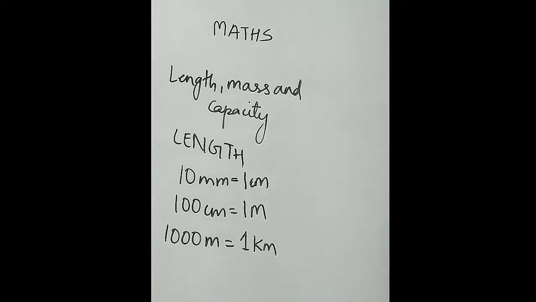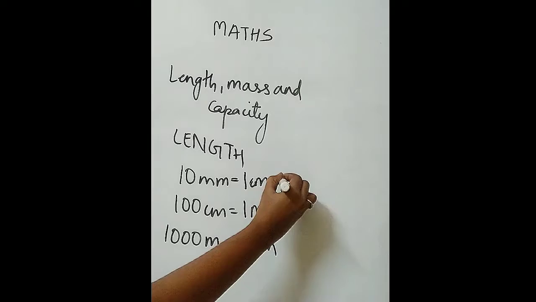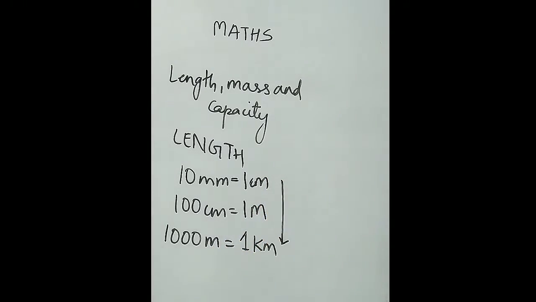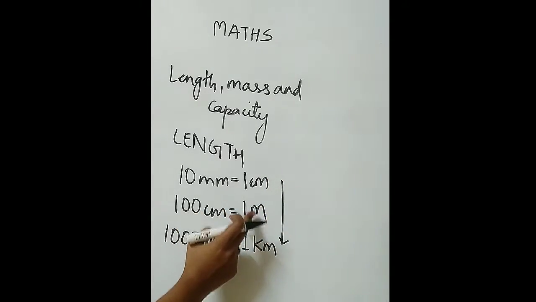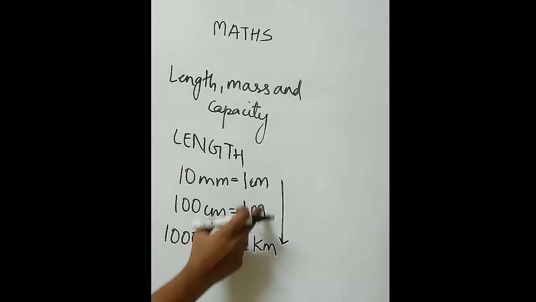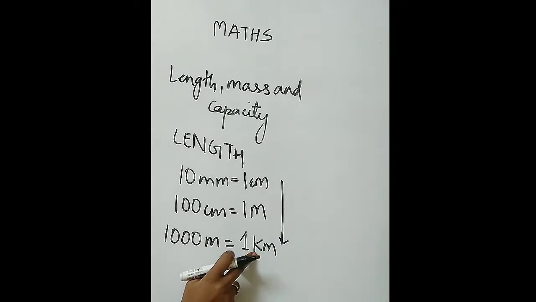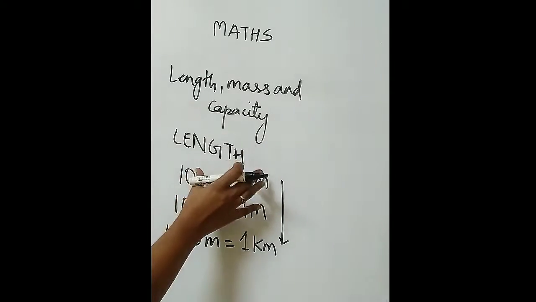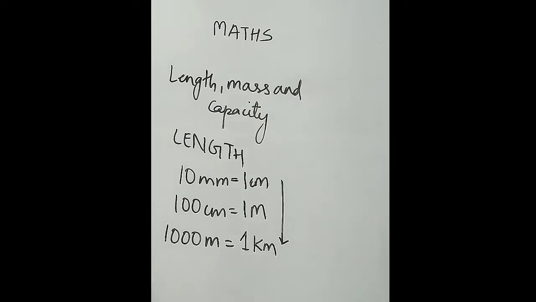Just note it down. And another thing, as you go down, you will find the units increase. Meter will be greater than centimeter, kilometer will be greater than meter. So the units are increasing, students. Always remember, kilometer is the bigger unit and meter is bigger than centimeter but less than kilometer. This you have to understand. Now under length, how are we going to convert it? First just take a note of it, students.